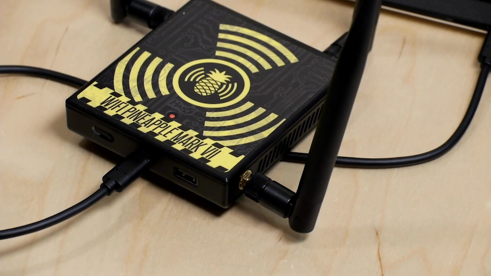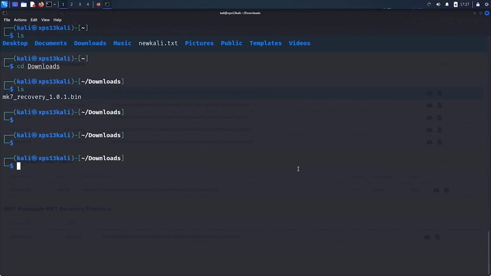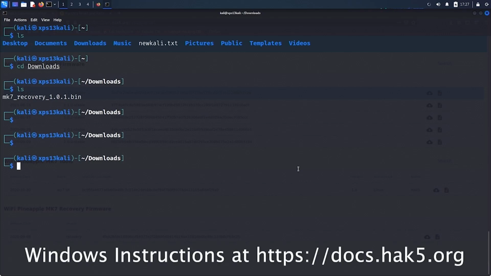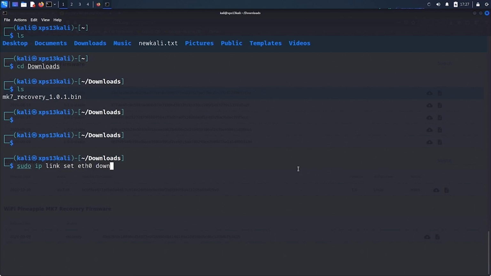Now back to our computer, what we need to do is assign a static IP address. Now if you're on a Windows system, this involves a lot of clicking, or you can do it in PowerShell, but otherwise on most Linux systems it's going to look something like sudo ip link set, and in this case it's eth0 for this interface, down. So we're going to bring that down. And now we're going to do sudo ip addr add